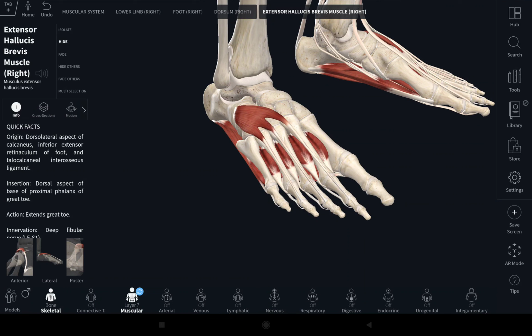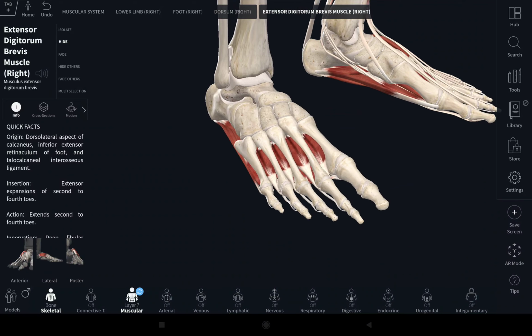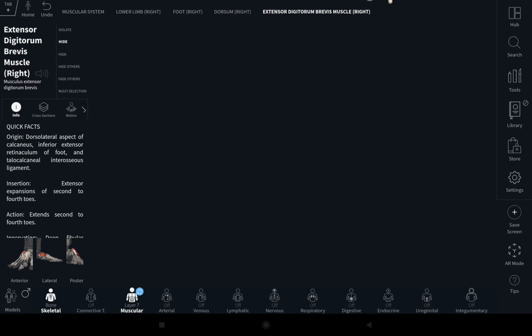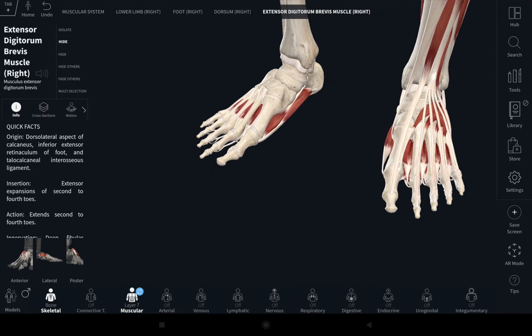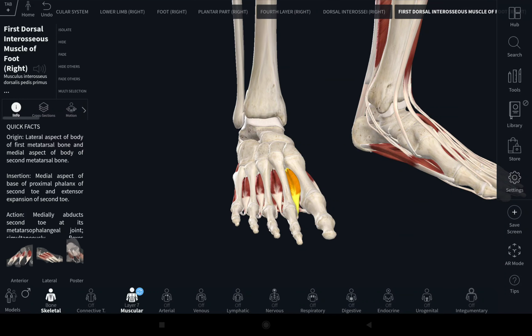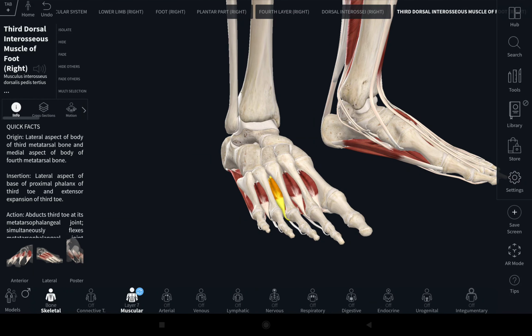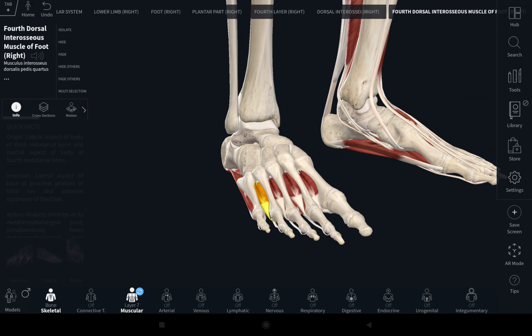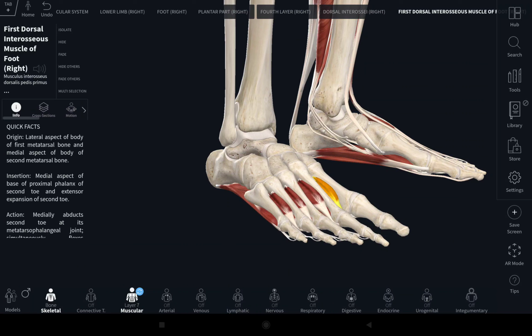We hide the extensor digitorum brevis and extensor hallucis brevis. Now several muscles have been exposed. We will know the names of these muscles one by one. This is the first dorsal interosseous muscle of the foot, this is the second, this is the third, and this is the fourth dorsal interosseous muscle of the foot. If we remove the dorsal interossei,